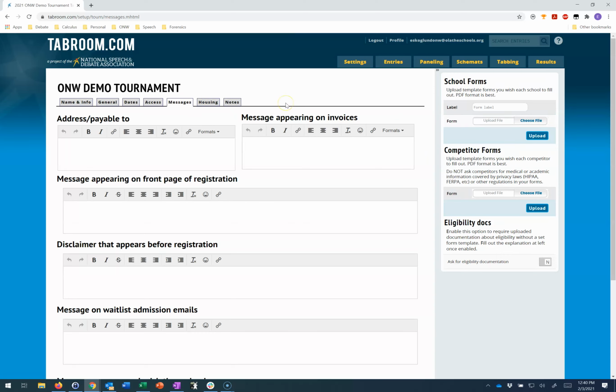For messages, there's one place I want to highlight for you, and that's this disclaimer that appears before registration. If you want to be fairly restrictive about your registration, that's totally fine. I understand, as the coach of Olathe Northwest, that I am not necessarily invited to every Kansas tournament just because it shows up on tabroom.com. But